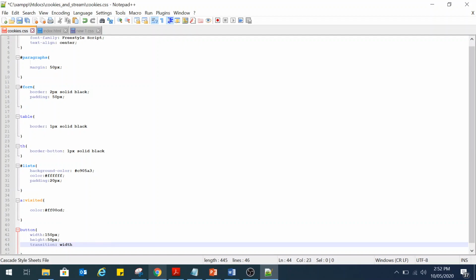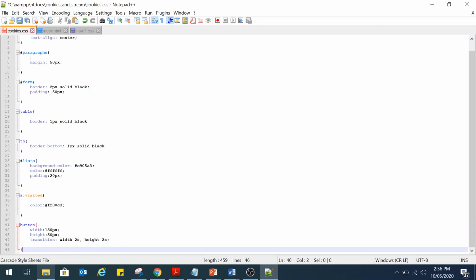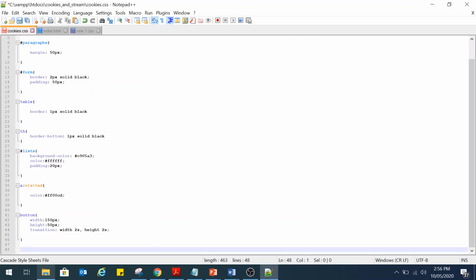The width, and we want the transition duration to last for only 2 seconds, so we just say 2s. And the height, we also want it to last 2s. And let's just separate that, and then we add a